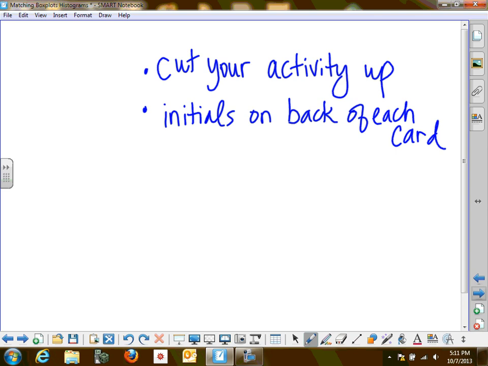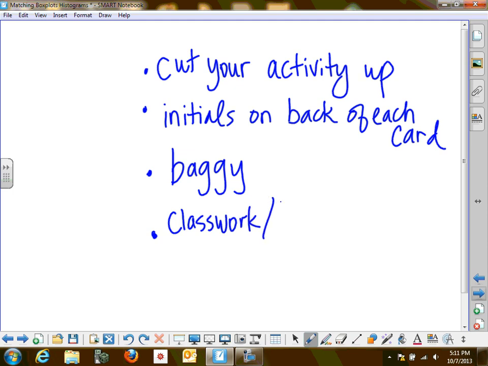After you cut those up, if you do not have any time left, then you have a baggie to put your activity in. But your homework tonight, whether you finish it in class or whether it's classwork or homework, depending on how much time you have, is to get